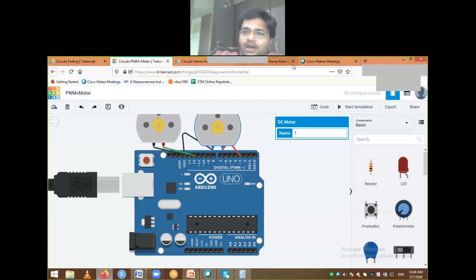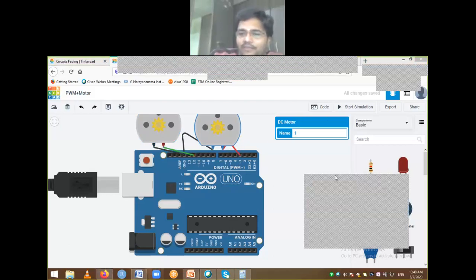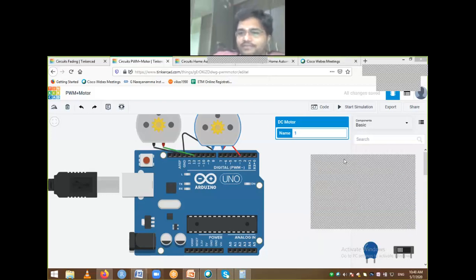I want you to respond, for which motor can I vary the speed? I have connected the first motor to pin 3 and the second motor to pin 12.